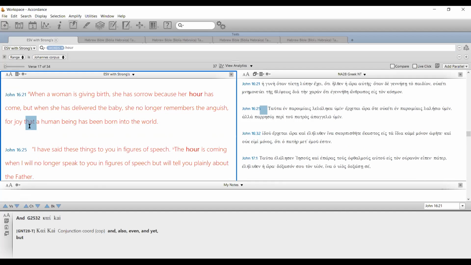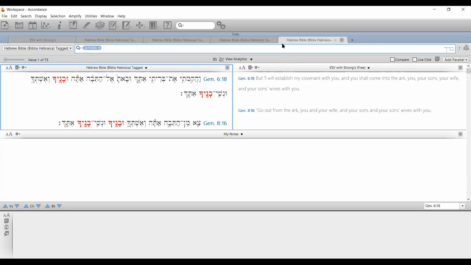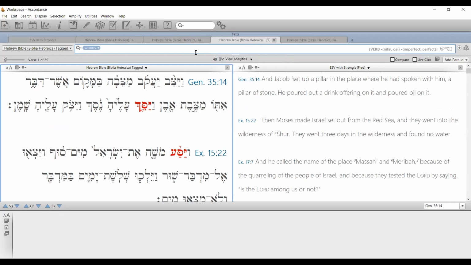So what also is important? For example, for me, it is very useful if I teach Hebrew language, and who knows, maybe some of you are teaching or some of you will teach Greek language. So in this case, it helps me to find a specific form, for example, the form of the verbs. Let me show you